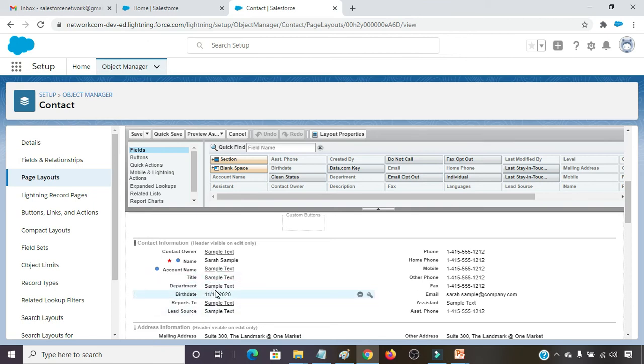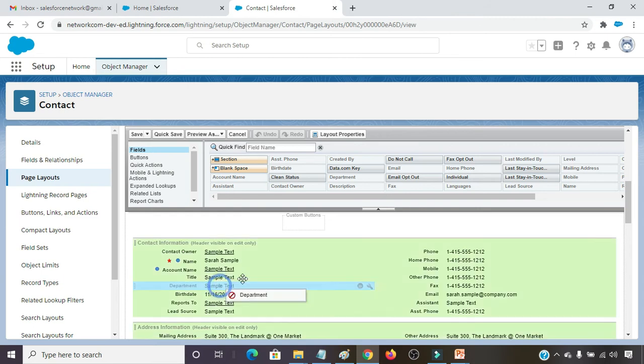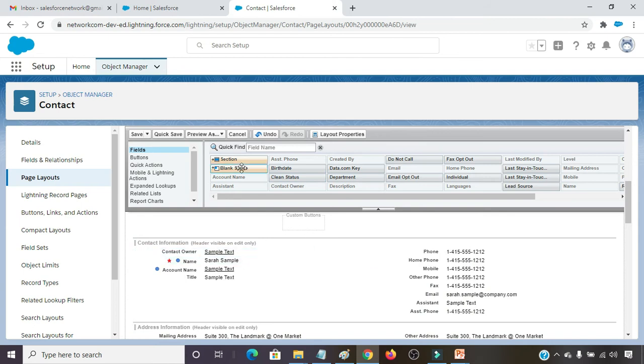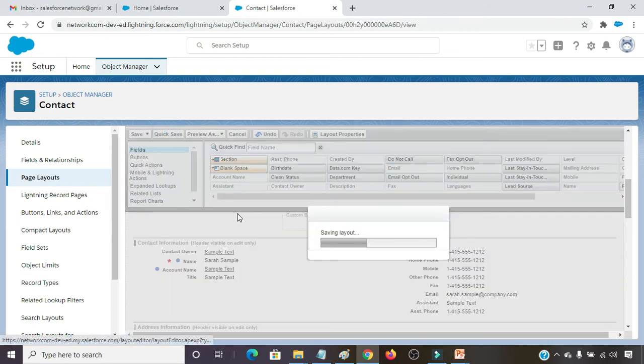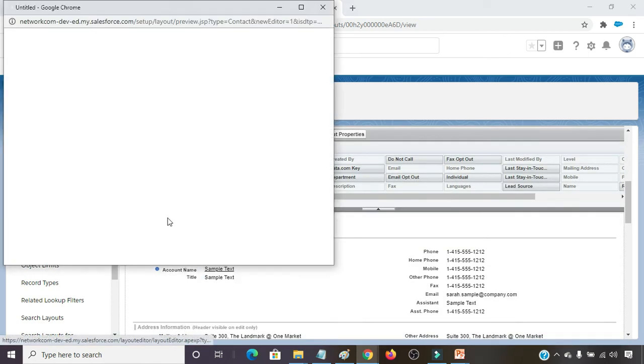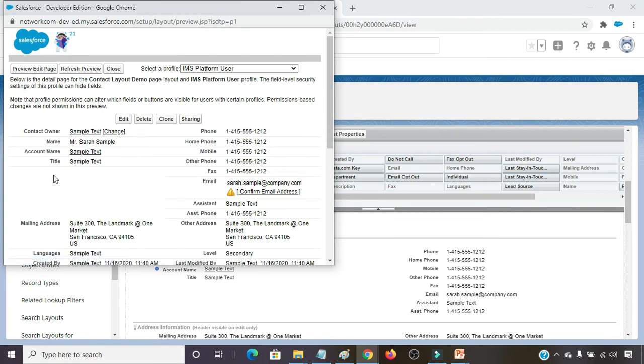So what I have to do is simply drag these fields in the above palette and click on quick save. Again, if I am going with IMS platform user, so now I am not able to see the fields that I removed from here.